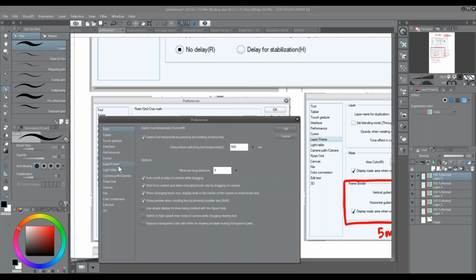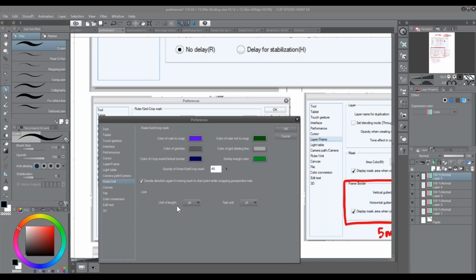So where are we? Units. You can see the unit of length is measured in pixels, and the text unit is measured in point size. Point size is great, you want to keep that, because most fonts are measured in point size. But the unit of length, I tend to move to millimeters. The reason is that unless all of your graphics are for the web, generally you're working for print, and if you're working for print, millimeters is the important measurement. You want a page that's 100 millimeters by 100 millimeters, for example. That has a number of pixels associated with it, but